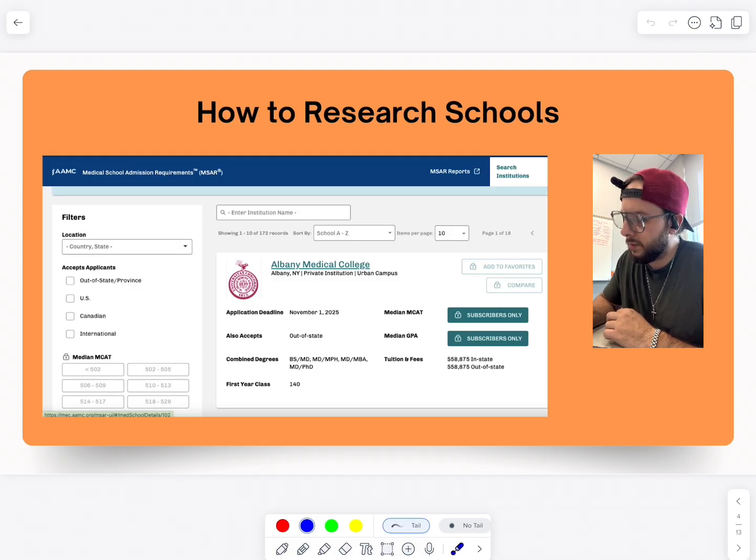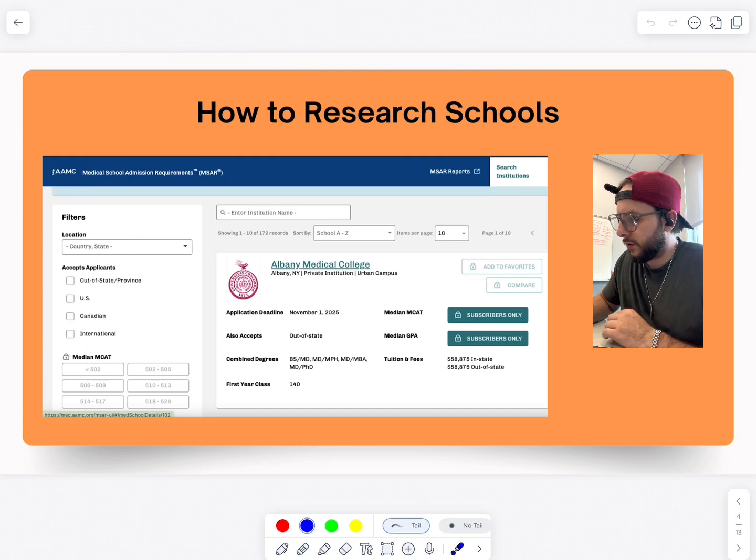MD MPH, MD MBA, MD PhD, cool. Tuition and fees, in-state, out-of-state. One thing that you're going to find very quickly is that private institutions typically have the exact same tuition for in-state and out-of-state. It is usually public institutions, your state medical schools, that have differences in their in-state and out-of-state tuition. So that is something to look at.